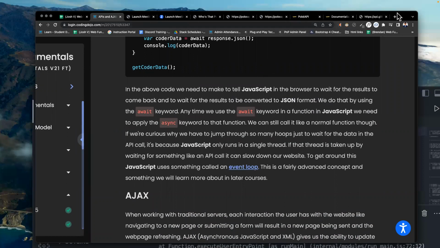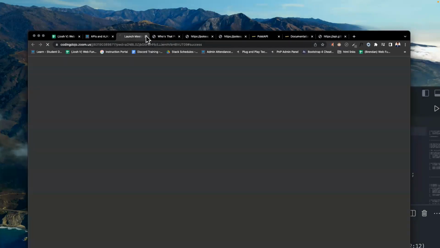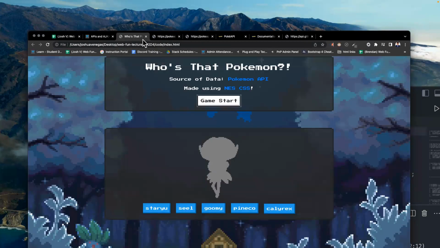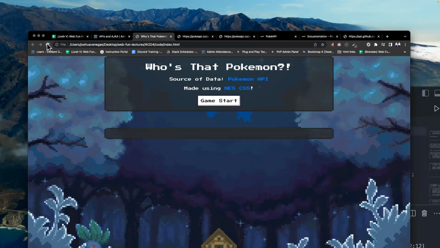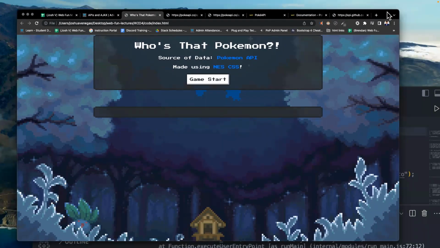So here I have, and I didn't build this, I used this from someone else, but I can explain how it works. So look at this website here. Okay, it's a game that lets you guess who's that Pokemon. I don't have a database of all the Pokemon that exist, of their pictures and their names related to their pictures and their abilities and all that stuff.